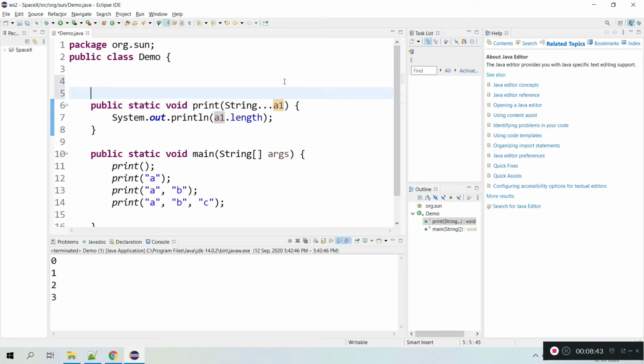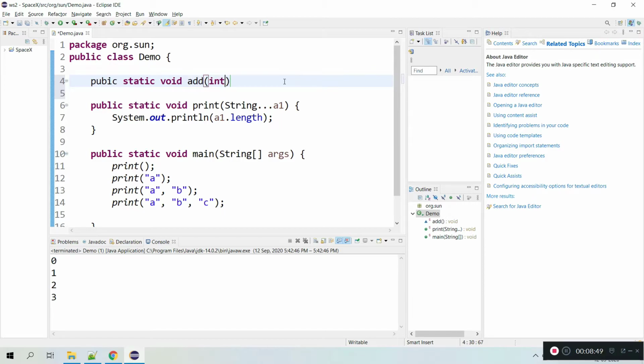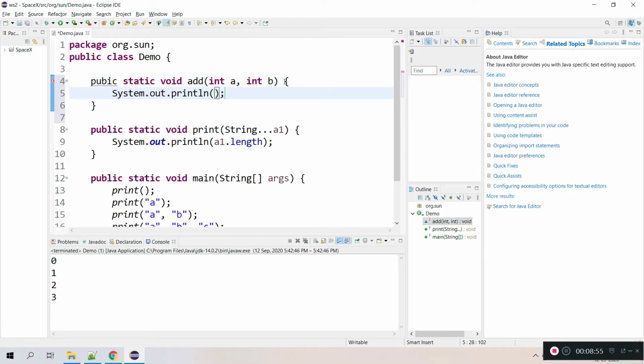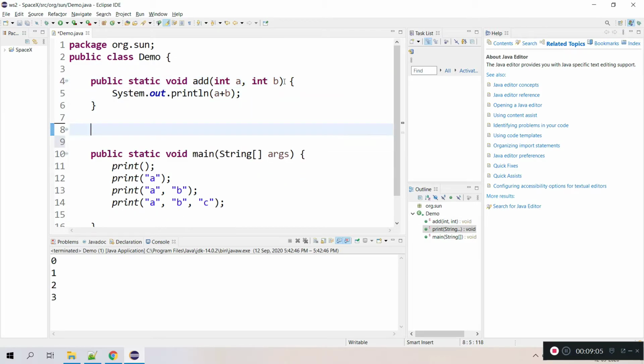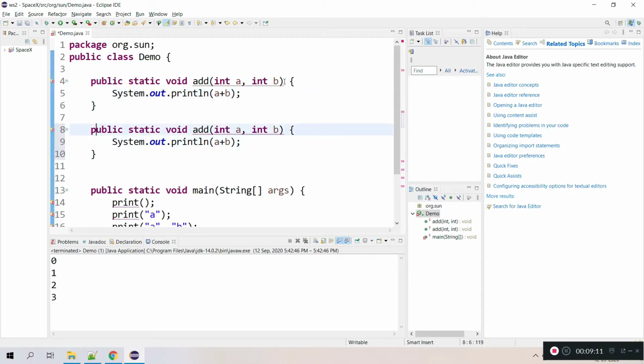Let's say I have a method public static void add taking 2 arguments, int a, comma b, and it is printing the value of a plus b, 2 numbers. This is my method, and I had a requirement to pass 3 arguments. What do I have to do?